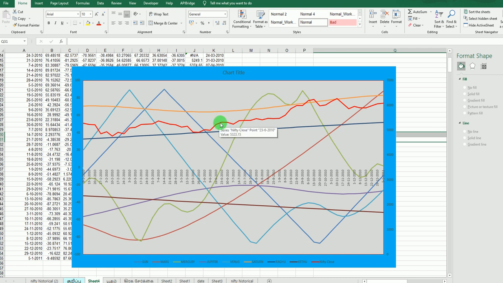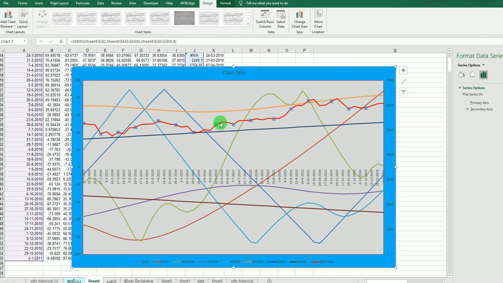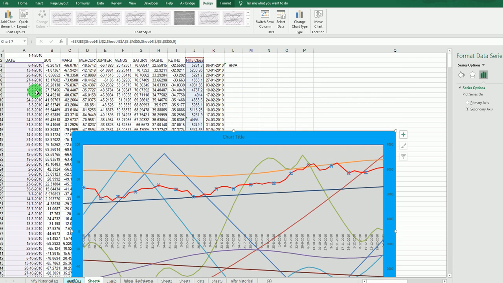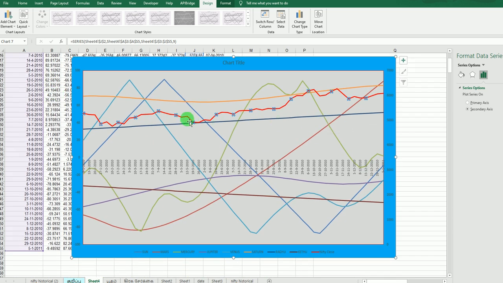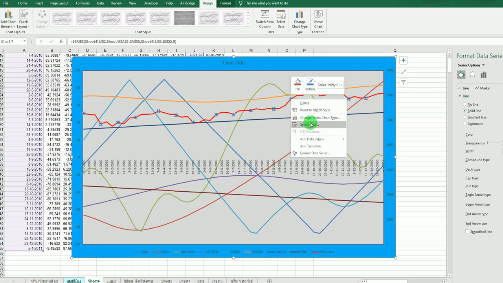Now I just select the price. You see the range of the price, I selected this at 2010. The range of the price seems to be 5,000 to 6,000. So select this, right click, Format Data Series. We'll get this. The right side axis is there.